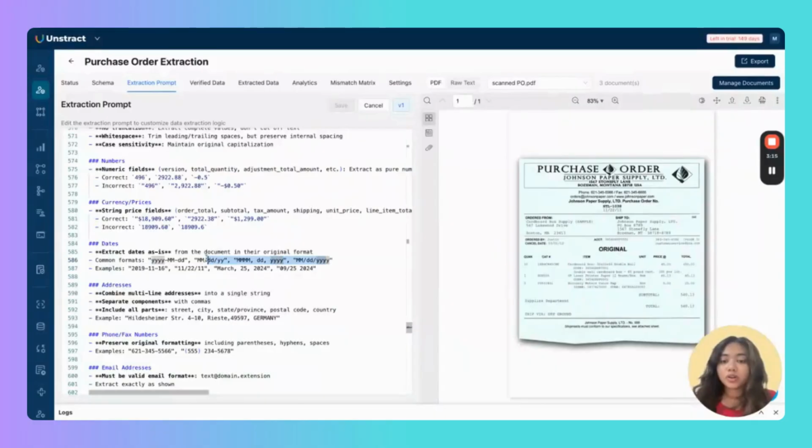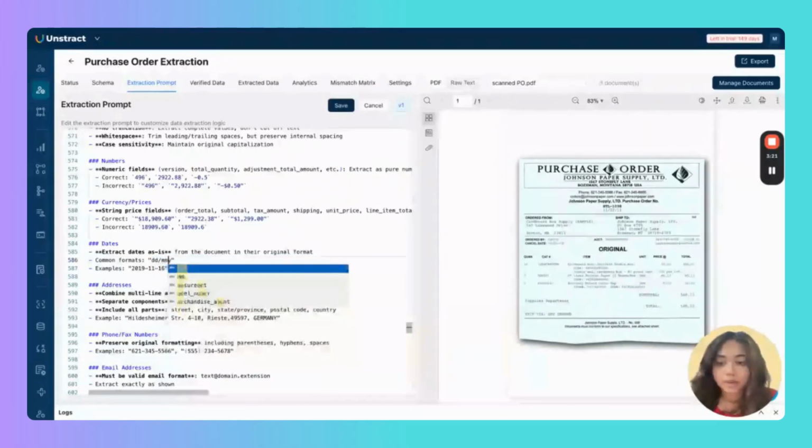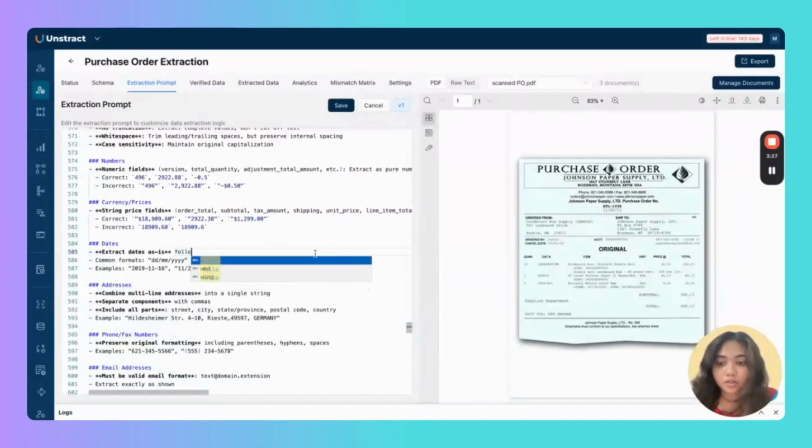So I'm just going to replace the common format over here with the day first, followed by the month, and finally the year. And I'm also going to change the prompt over here to following the date format given below. So once I do this, I can also change the example values that I've given.